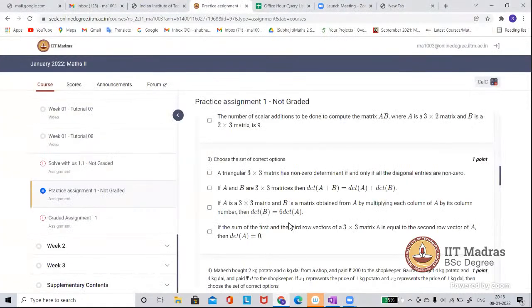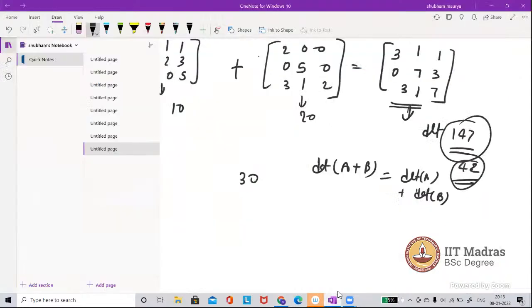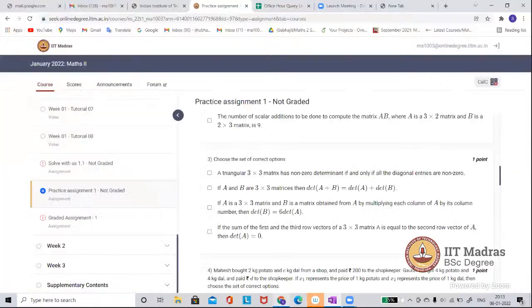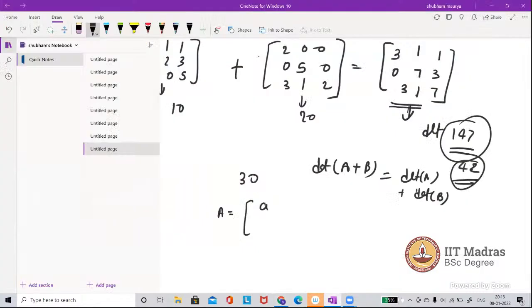The third option is: if A is again a 3x3 matrix and B is a matrix obtained from A by multiplying each column of A by its column number, then the determinant of that matrix which we obtained is equal to 6 times the determinant of A. So let's evaluate it. Let's say A is a general matrix, this is A, B, C, D, E, F, G. This is the matrix here,